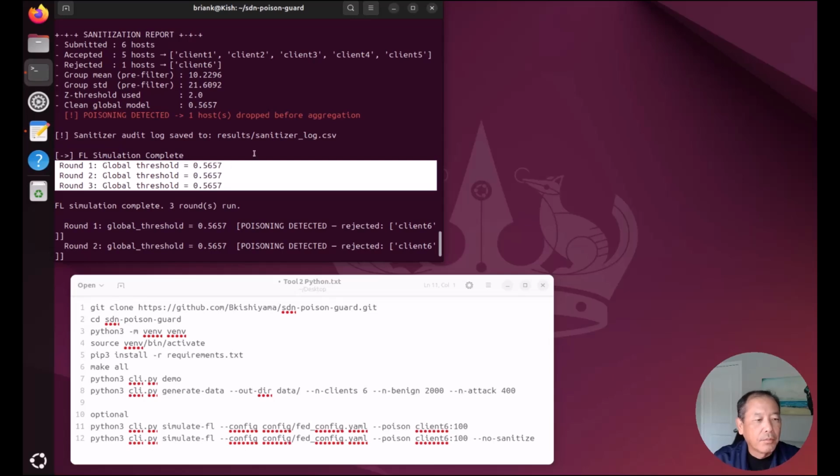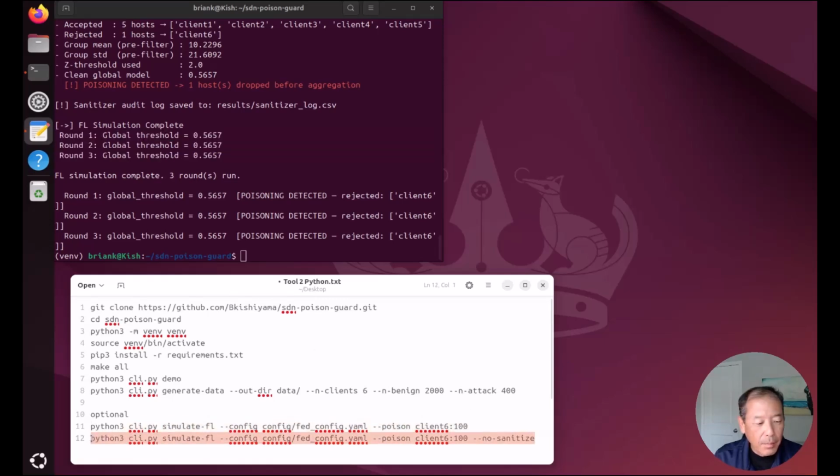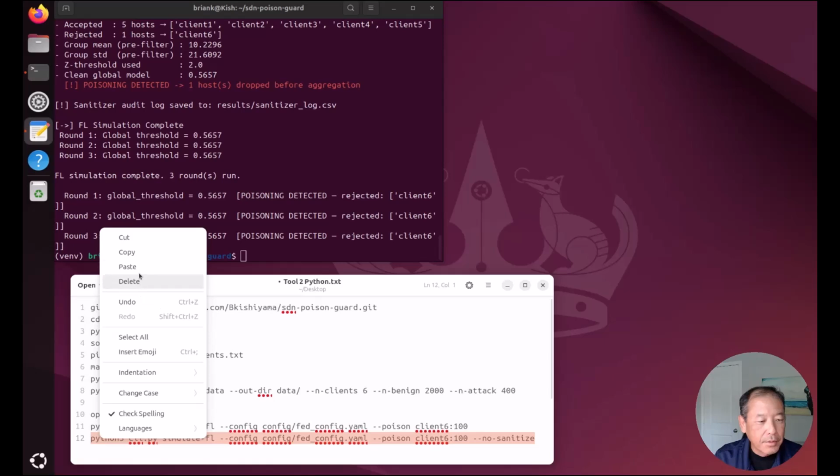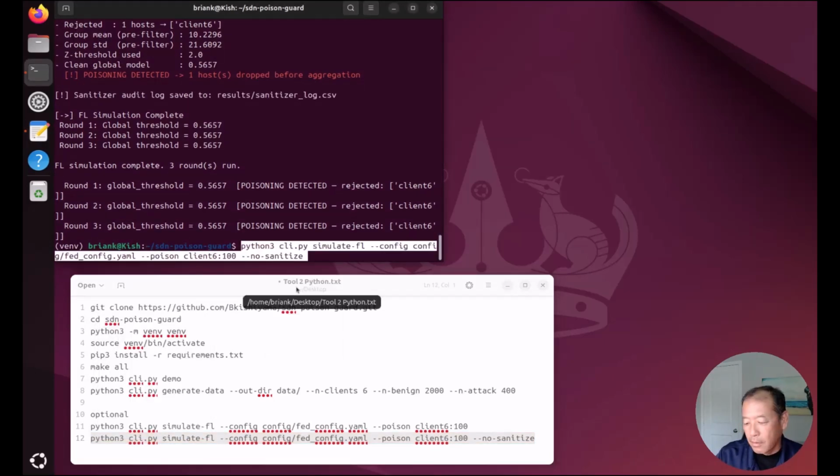Now, in a traditional federated learning model, this will go back and will update the local clients, and they have a better model, and it keeps going back in training. But in this case, I do not do that. Now, if I wanted to show what happens if I don't sanitize the data, meaning it doesn't get rejected,